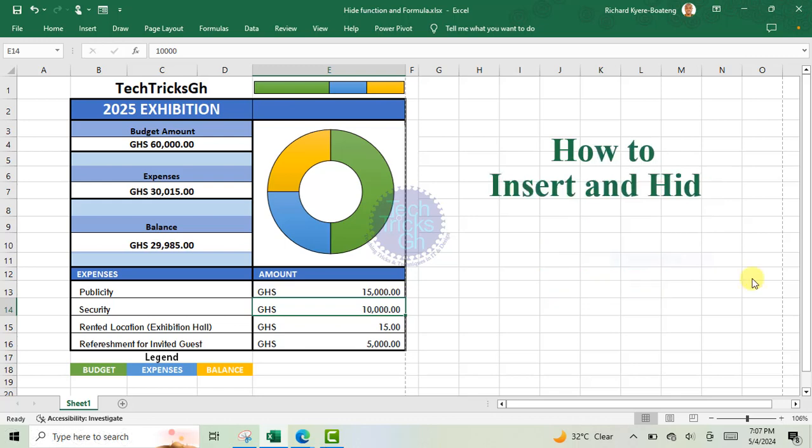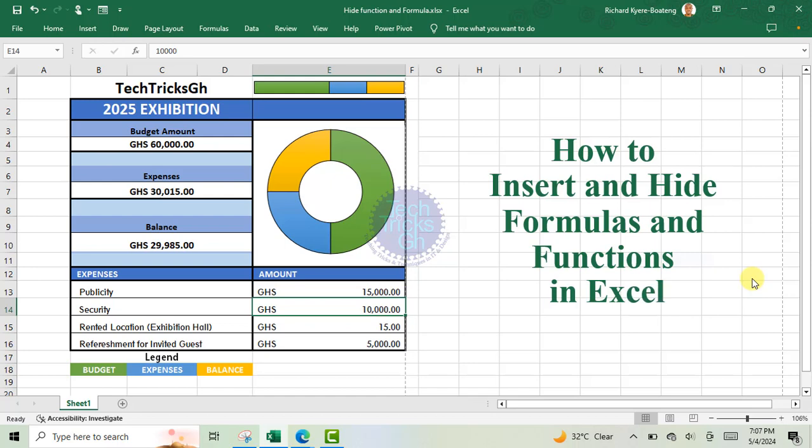How to insert and hide formulas and functions in Excel. Inserting and hiding formulas and functions in Excel may be relevant, especially when several people are working on the same worksheet. If the formulas and functions are not hidden, one can easily tamper with them and disrupt how these formulas and functions compute results. In this tutorial, TechTricksGh will walk you through the process of inserting and hiding formulas and